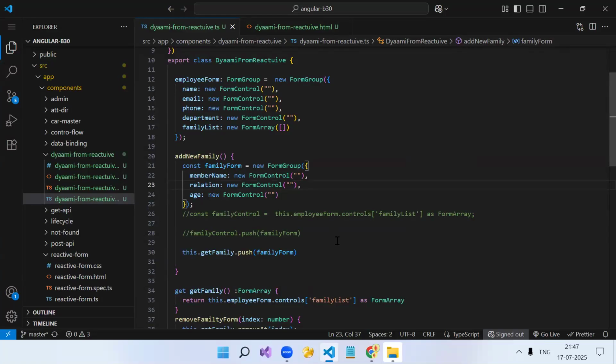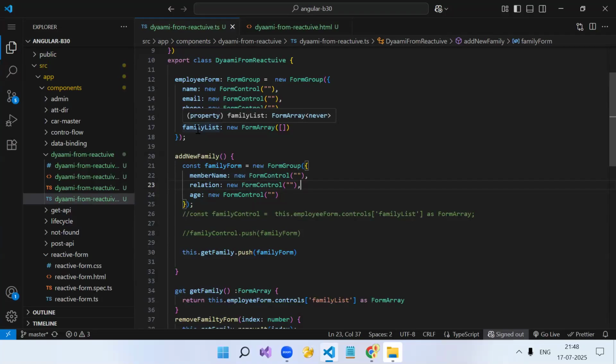Now the same thing we can do by template also. But in template, you have to write a custom code. You will create an array. You will have two different objects, one for the employee and one for the family, and for that family object, you will have a separate form. But in reactive form, to achieve this, there is only one way, by using the form array.